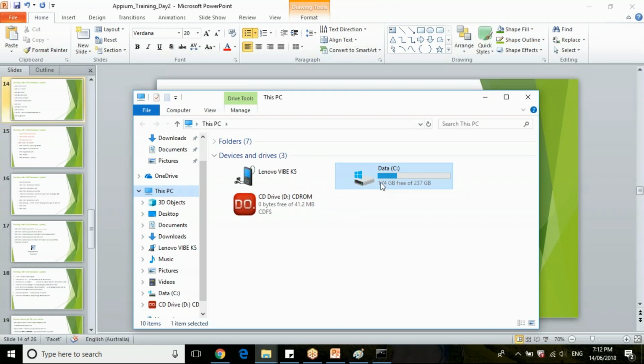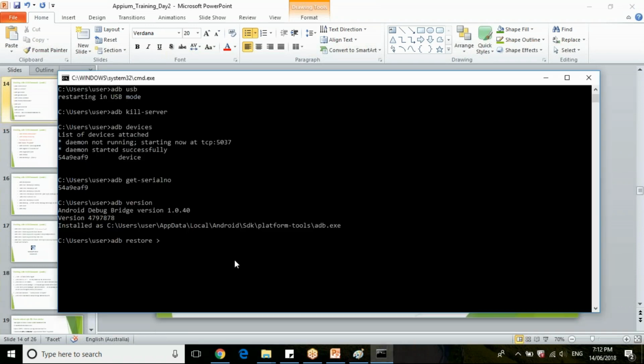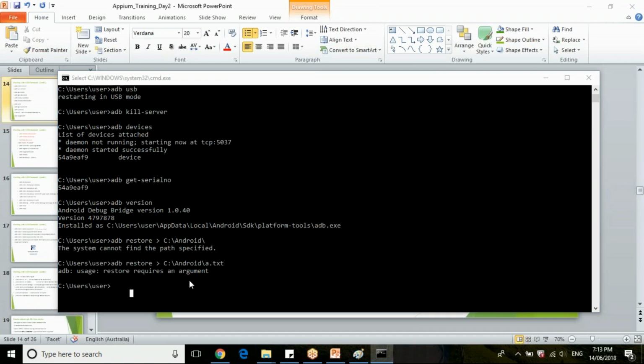So you can give the path here where you want to restore this file. Usage required. So you need to pass the arguments, guys. I will share the document for this, with what arguments you need to pass.